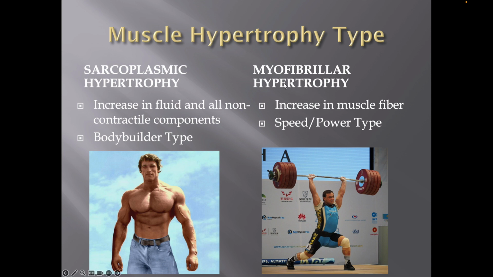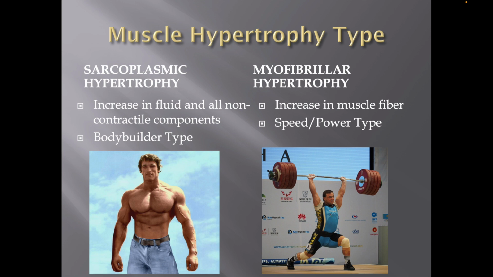On the flip side, we've got myofibrillar hypertrophy. This is an increase in muscle size due to the increase in the contractile tissue within the muscle fibers. Technically, if you want to get specific, it's the increase in size of the actin and myosin in your muscle fibers. But I'm not going to really focus on those different contractile components in this. Just understand that the contractile components